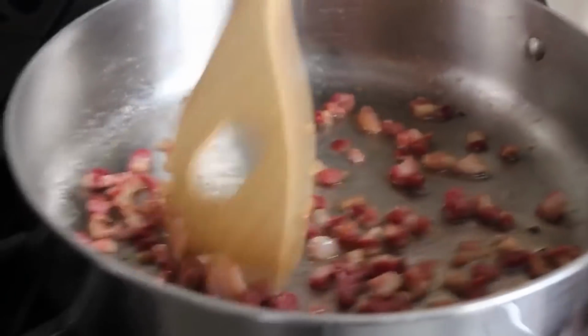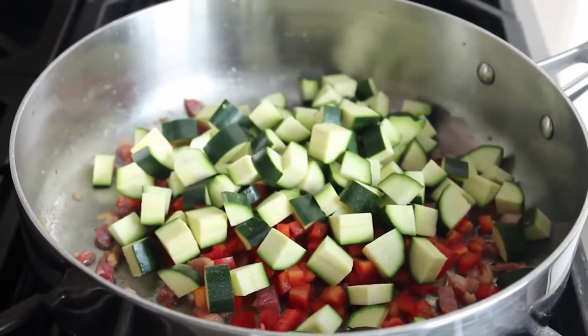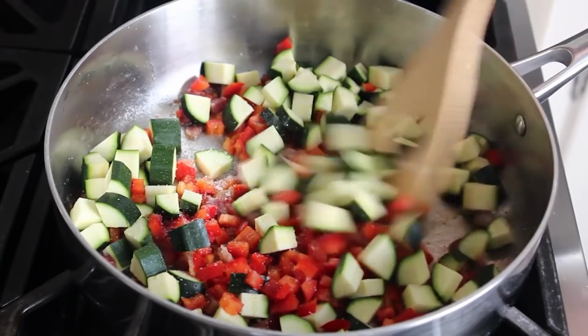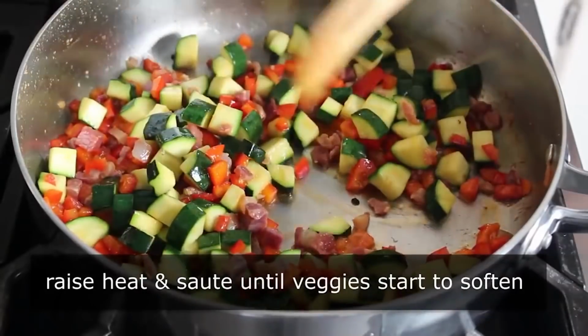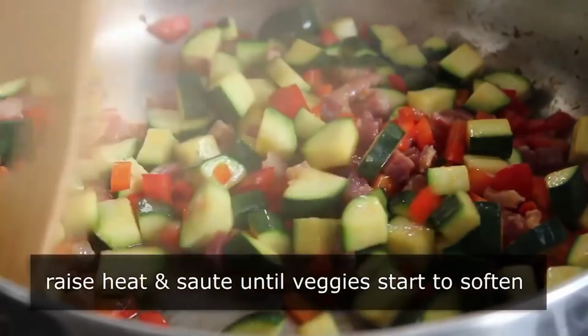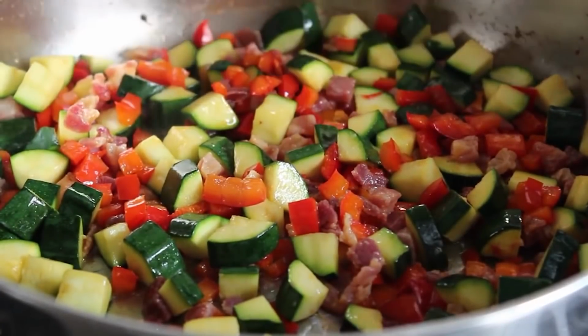And then once that's been accomplished, we'll go ahead and add our red pepper, as well as our diced zucchini, or of course, whatever veggies you're using. We'll also want to do a big pinch of salt, and we'll give that a stir. Maybe we'll bump our heat up to medium-high, but you be the judge. And what we'll do is we'll saute that for about 3 or 4 minutes, just until that zucchini starts to soften up. Okay, we don't want it mushy. We just want to take that raw edge off,